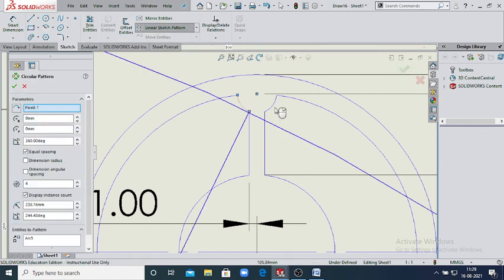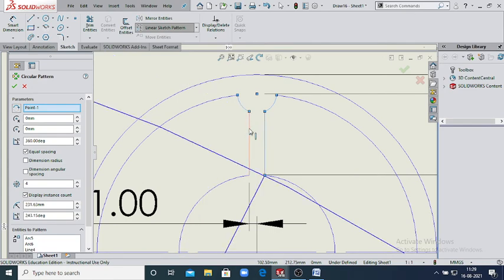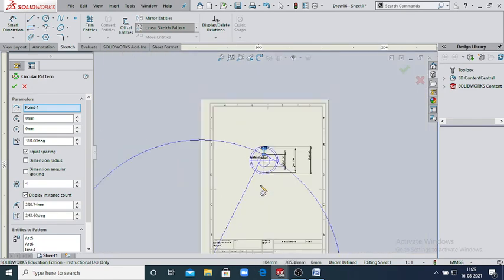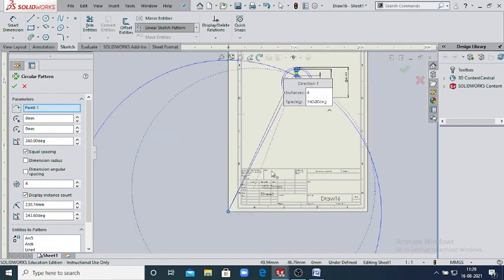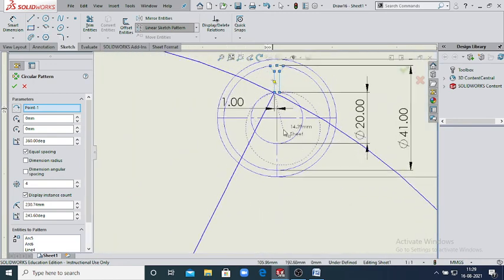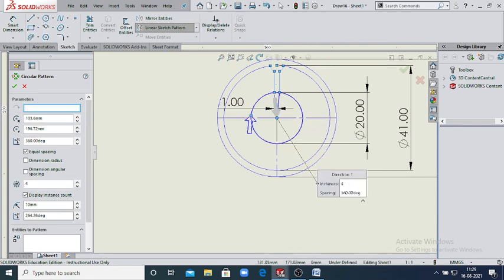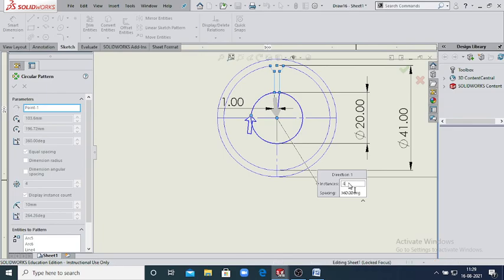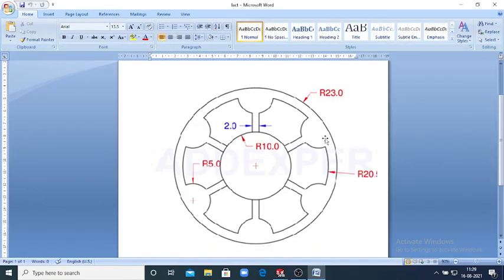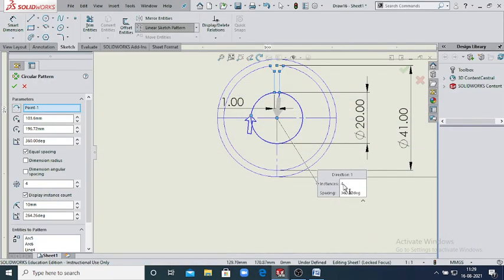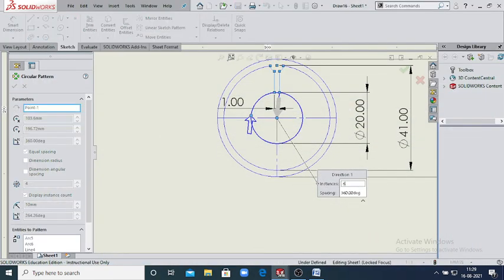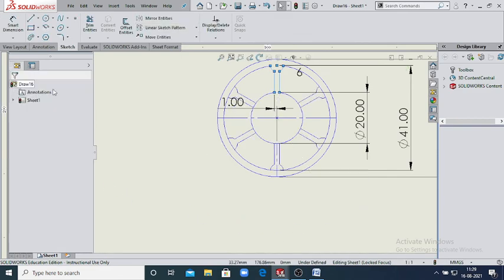Now select this line, this object and this object. Now set the reference point of this circle like this one. Now extend the entities, number of entities 6, because we have 1 2 3 4 5 6 entities. Now type 6 and the angle is your 360 degree. Then OK.